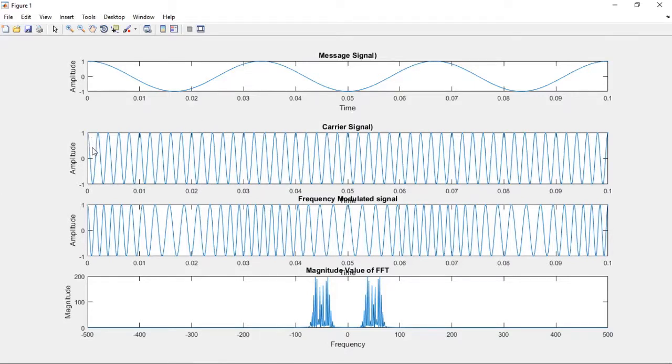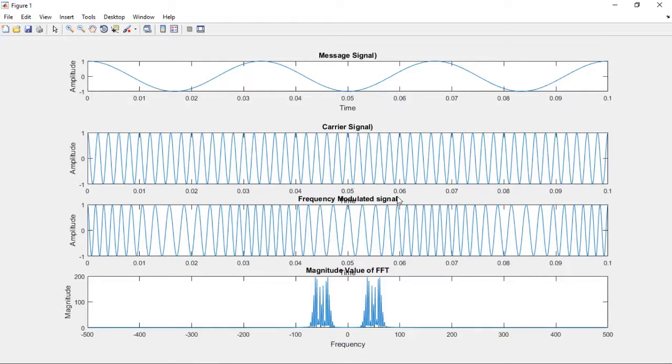It has the same carrier frequency for all the cycles. The amplitude is the same for all the cycles. The starting point is also the same. There is no change in the carrier cycle frequency, no change in the amplitude of the signal, no change in the phase of the signal. That is why we call it an unmodulated carrier. With the help of this carrier, we are doing modulation. The message signal is modulated with the help of this carrier.